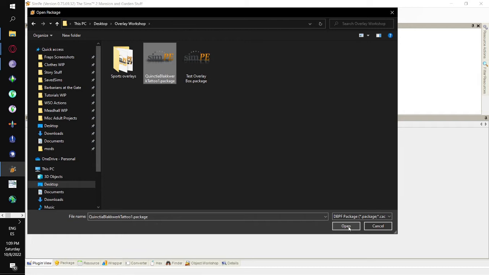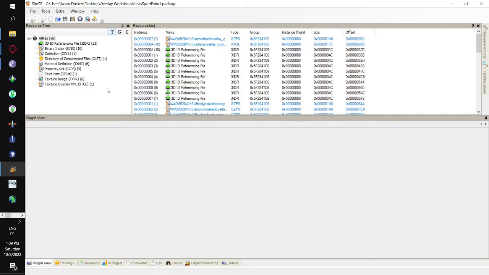So we open up that, or well, let's rename this before we get ahead of ourselves. So we're renaming that Quintessia Blackwork Tattoo number 1. I'm just gonna go Maxis Sports Paint 1, just like that. So we pop that open,